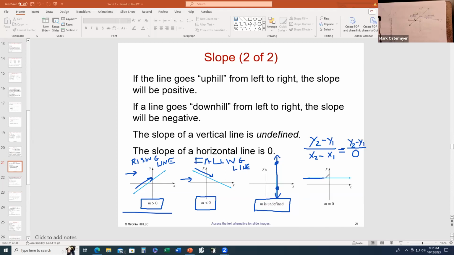Contrast that with a horizontal line. If the graph of a linear equation is a horizontal line, then the slope of a horizontal line is always 0. And the reason why it's 0 is because